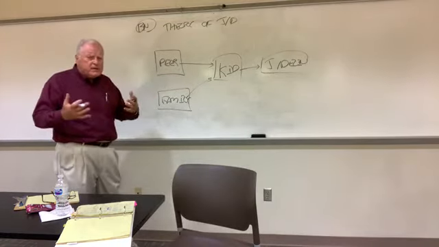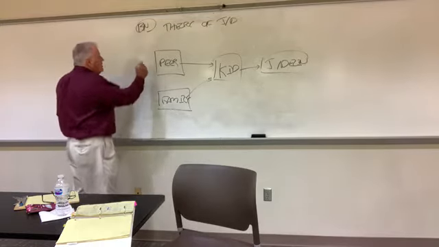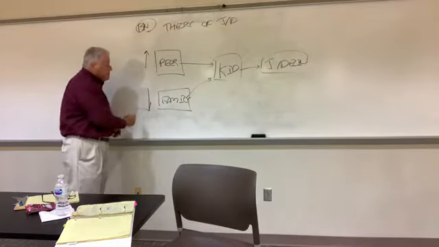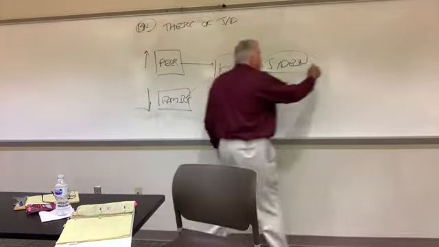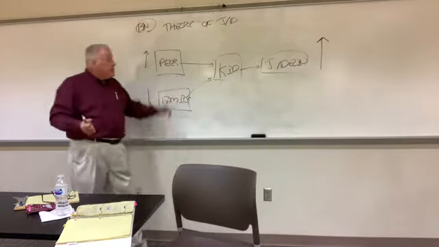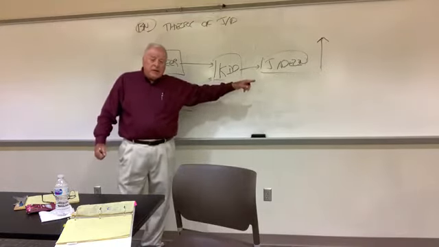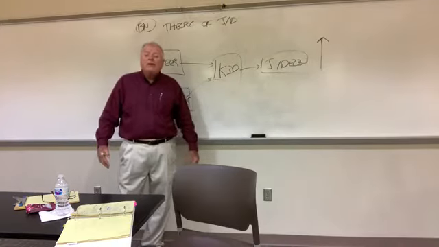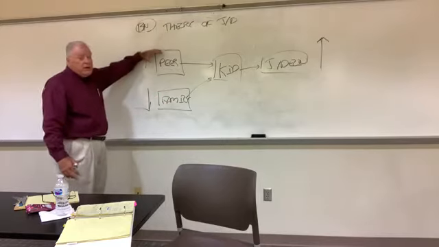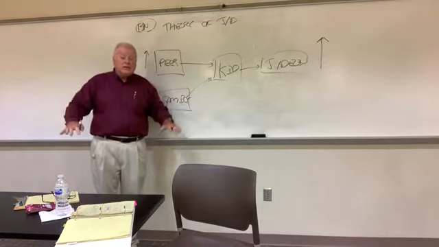So, in my theory of juvenile delinquency, and again, I have no credentials, I just want to show you that a theory is a formal argument. It proposes relationships among variables. I would argue that if peer influence is high and family influence is low, the possibility for juvenile delinquency is enhanced. If peer influence is high, family influence is low, I would expect the kid to engage in behaviors that are not virtuous. And if you turn that around, my second hypothesis would be if peer influence is low and family influence is high, juvenile delinquency would decline.